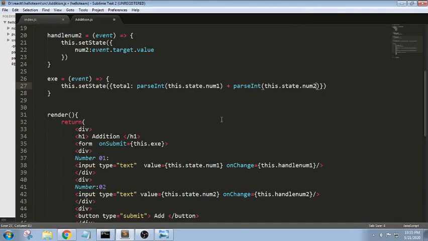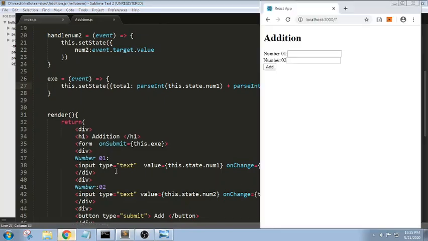Let me enlarge this. Yes, we have done it this way. We have taken this.setState total as parseInt of this.state.num1 and this.state.num2. Now let us see how it goes.